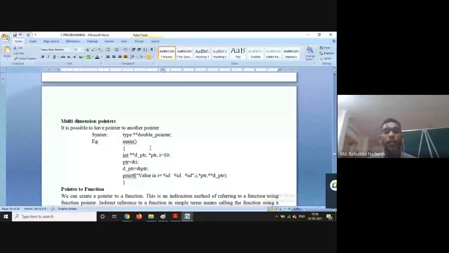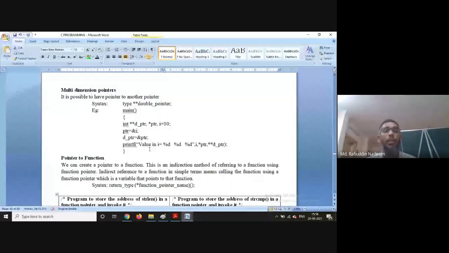And the next is multi-dimensional pointers. It is possible to have a multi-dimensional pointer. It is actually known as a double pointer, meaning a pointer to a pointer.